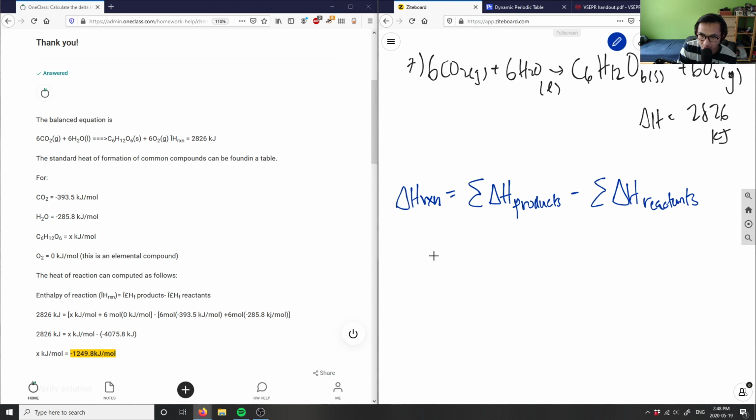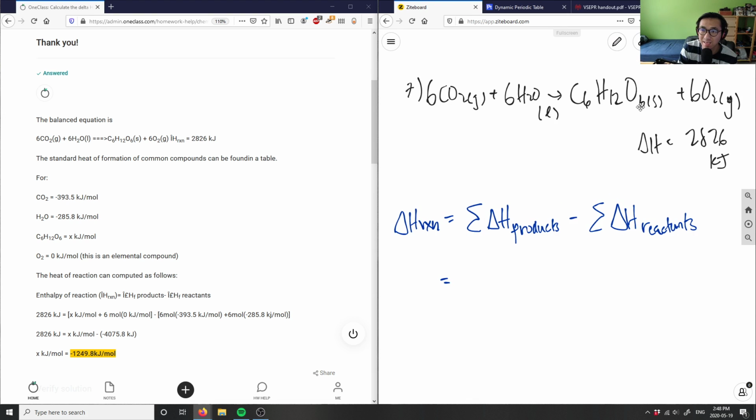And this means this would equal, so for the products here, I'm making C6H12O6 and 6 O2, right? In this case, I don't know what this glucose is, so I can say this is simply our x value. I'm going to multiply by 1 because 1 is our coefficient here. I'm going to add, again, the product here, which is 6 oxygens, and O2 here is simply 0, because again, this is an elemental compound. So this is simply 0 kilojoules per mole,